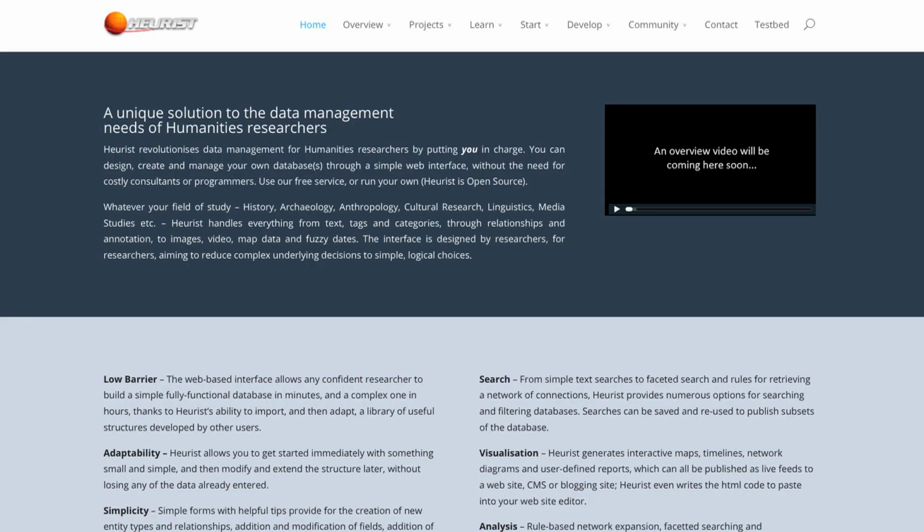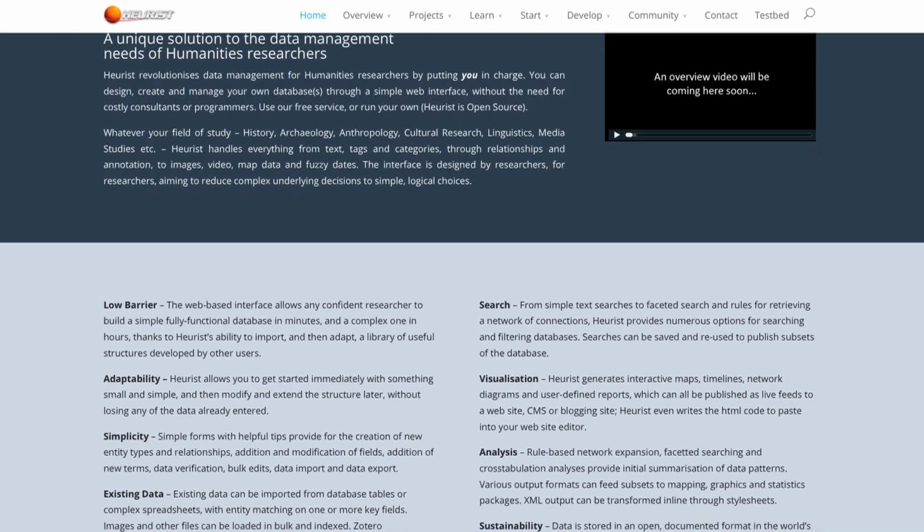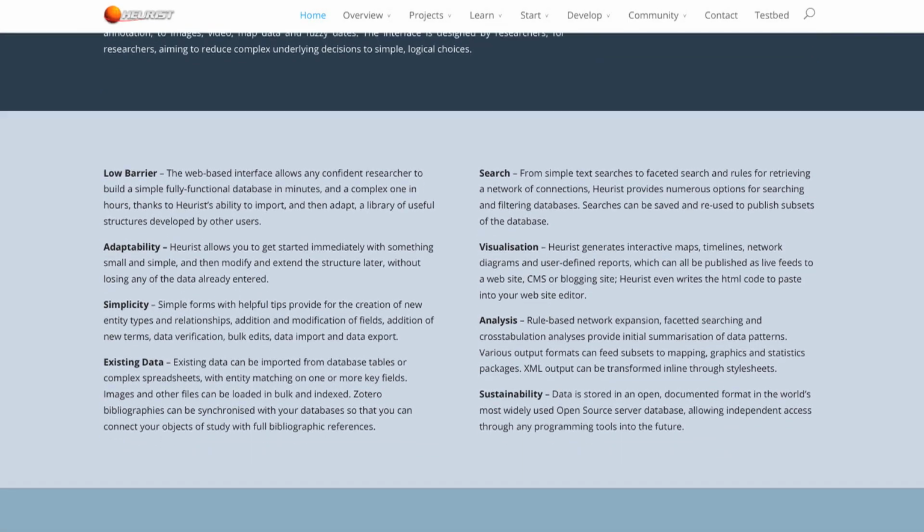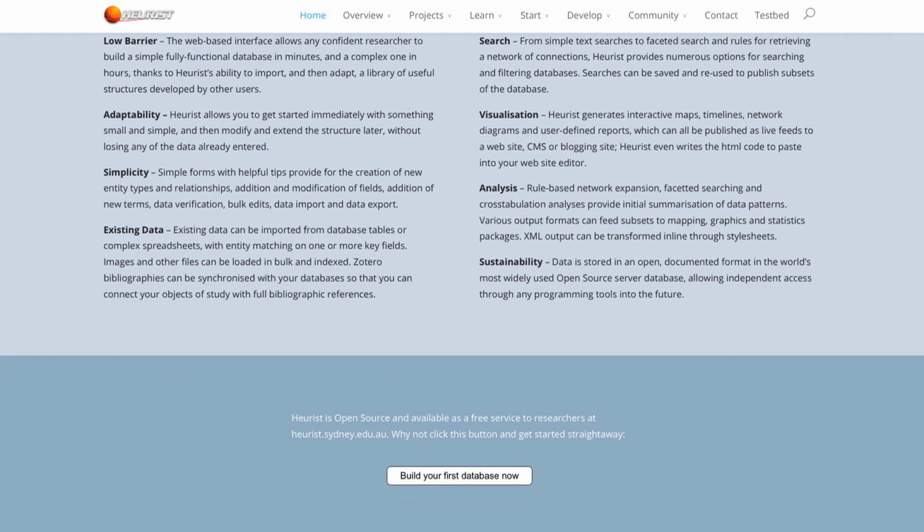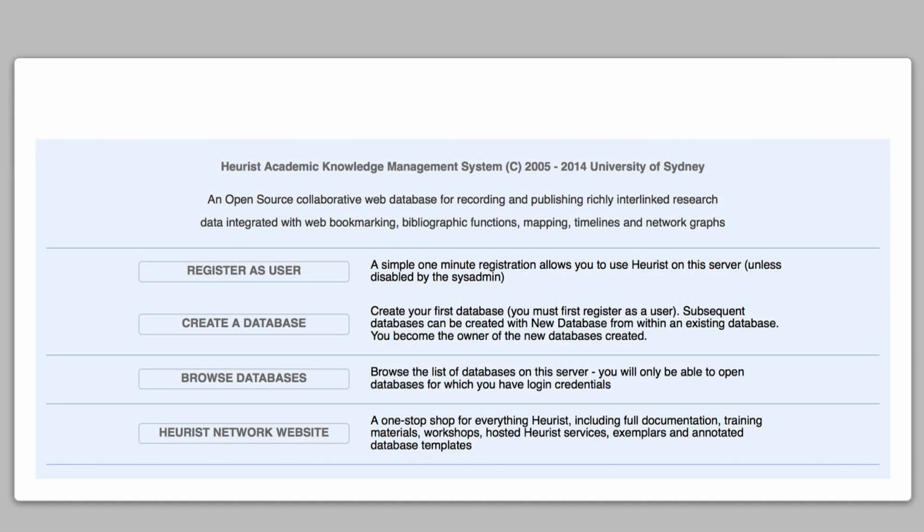In terms of getting going, there are some databases that are really complicated and you really need to know what you're doing. Heurist, there's a little bit of training that you need. If you're familiar with using databases, it's obviously easier to set up, but it's not like you have to go off on a 3-day course or something like that in order just to get your first table of data in. It's fairly intuitive. You can make it bespoke really fairly easily, so you can customise it to really what you